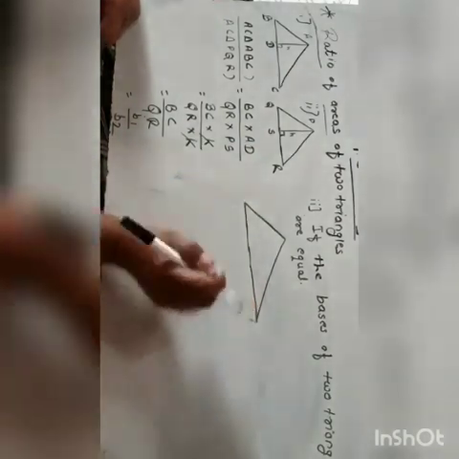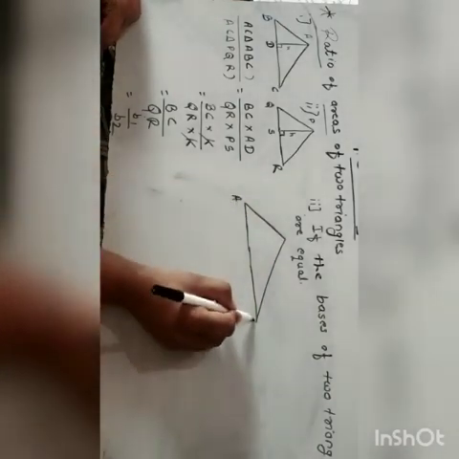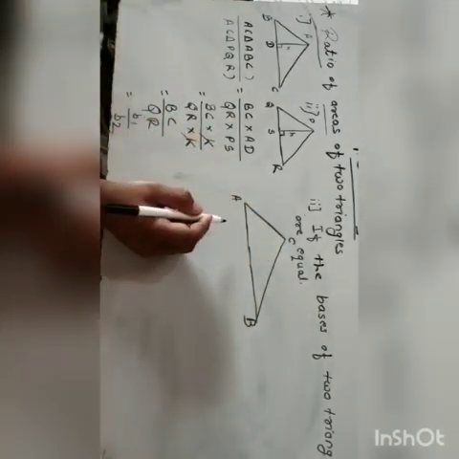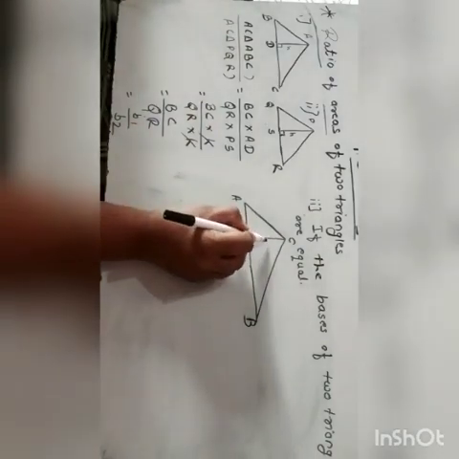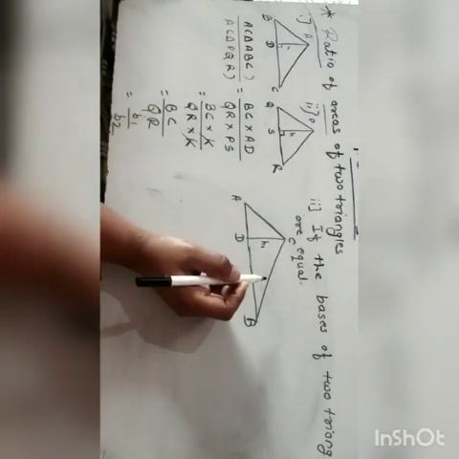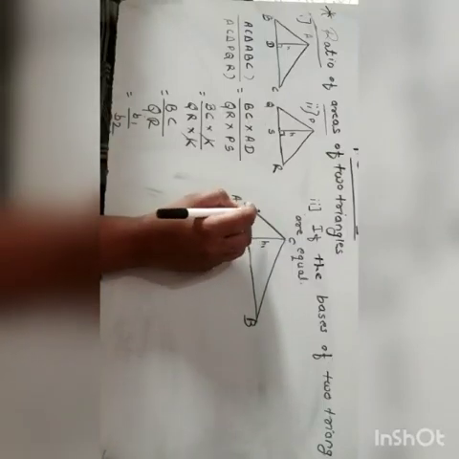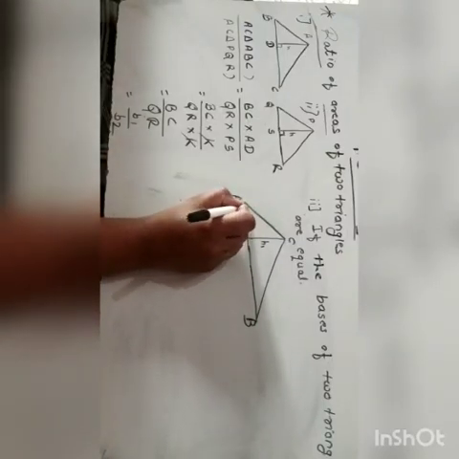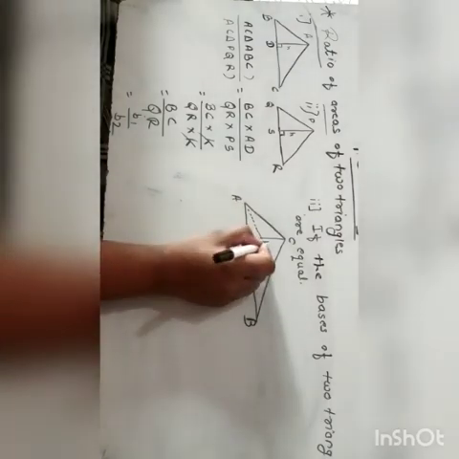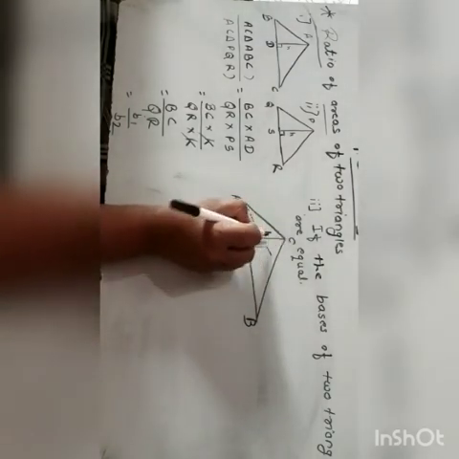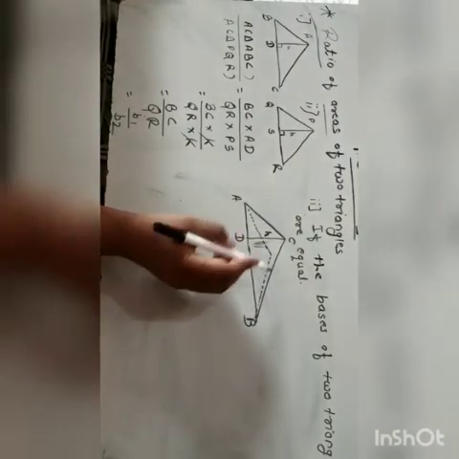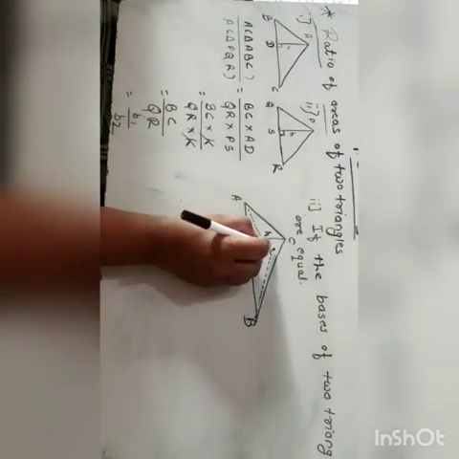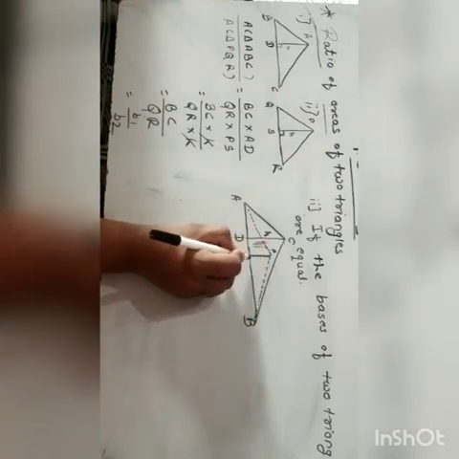So in this triangle ABC, CD is its height. We will consider it as H1. And one more triangle we will take here only, drawn in dotted line. This height we will take here, H1, and this is the other triangle we drew, that is PAB, and this is the perpendicular.